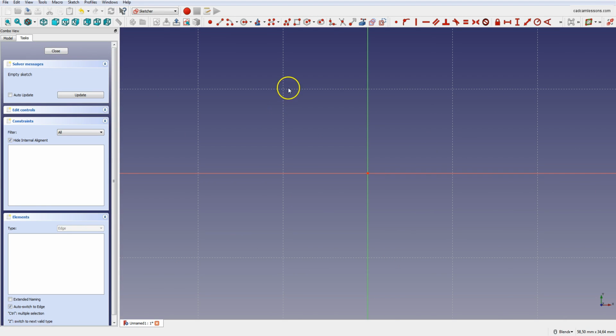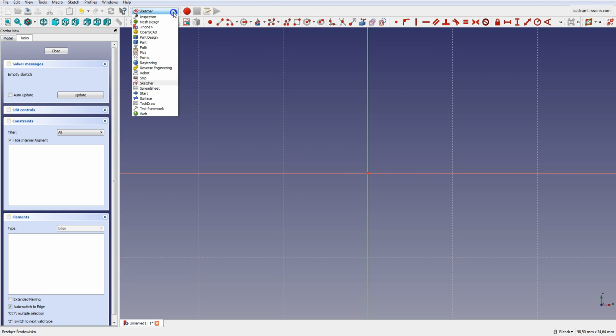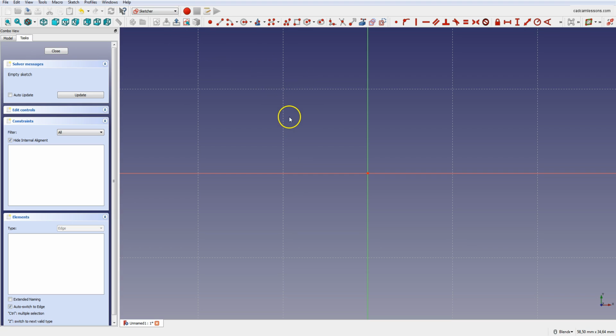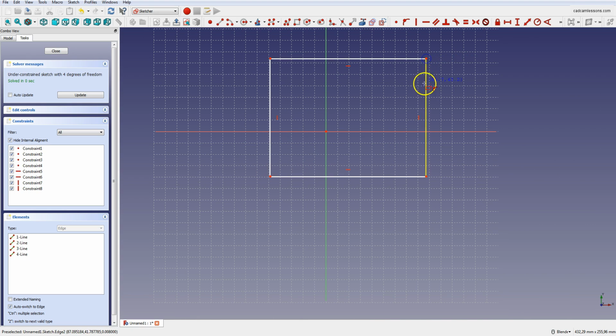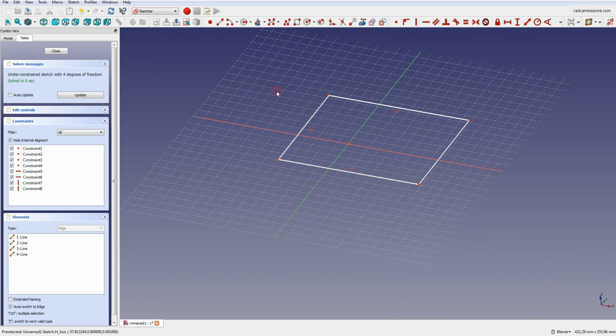Note that for sketching time we switched to the Sketcher module, and now let's draw a rectangle. To draw a rectangle, select the Create a Rectangle in a Sketch button. OK, draw any rectangle. The rectangle drawing command is still active. By clicking the right mouse button in the work area, we turn off the active command and we can proceed further. If we rotate the sketch and it is not visible from the top, we can select Set to Top